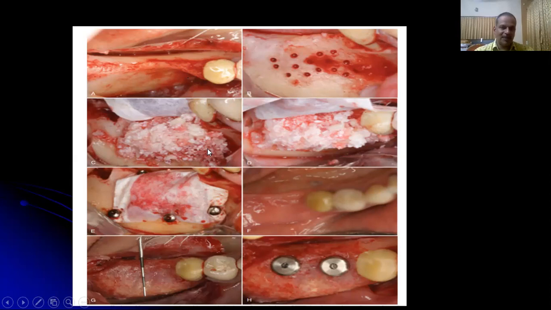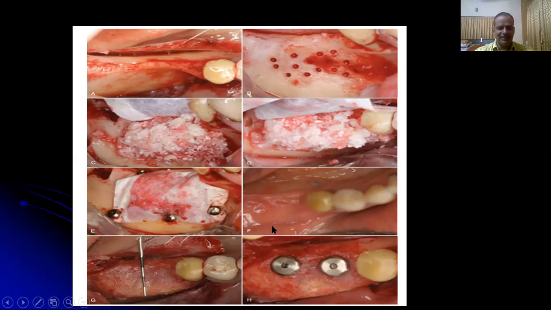To provide more elasticity to the flap, a periosteal releasing incision should be given, which will allow the flap to be mobilized more coronally, and then the complete flap approximation should be achieved without any tension on the flap, and the wound should be approximated with the horizontal mattress sutures and the interrupted sutures. Horizontal mattress sutures were given to approximate the connective tissue, whereas the interrupted sutures are given to adapt the wound edges.